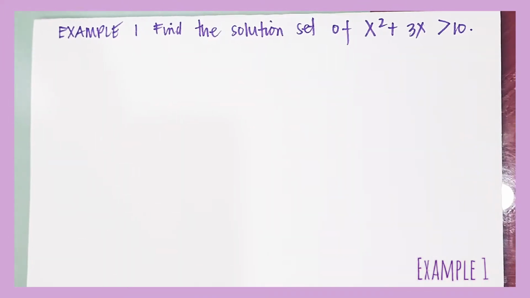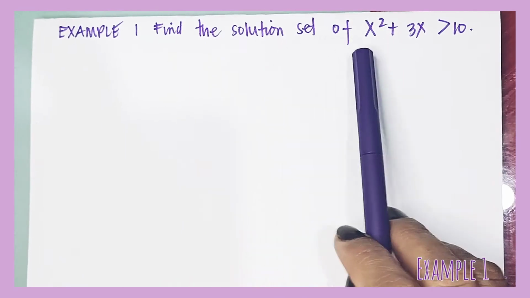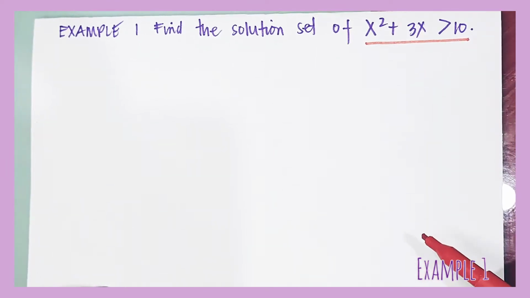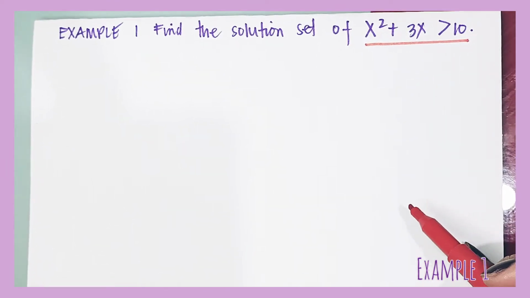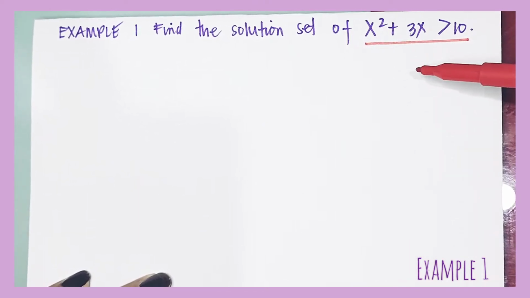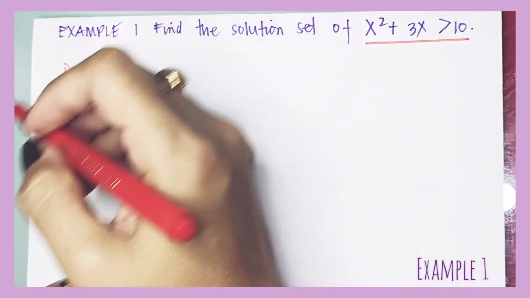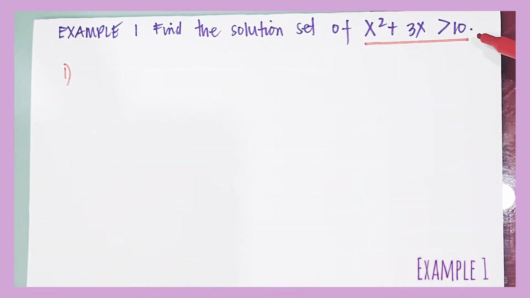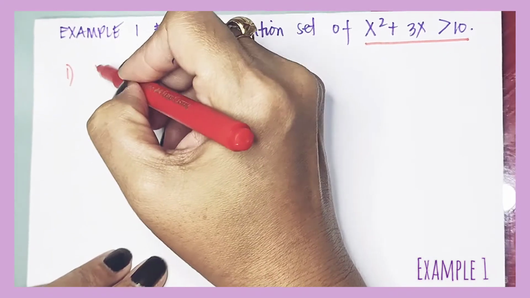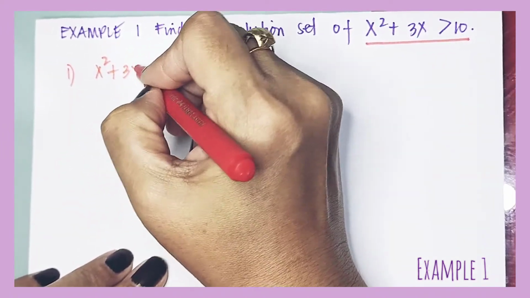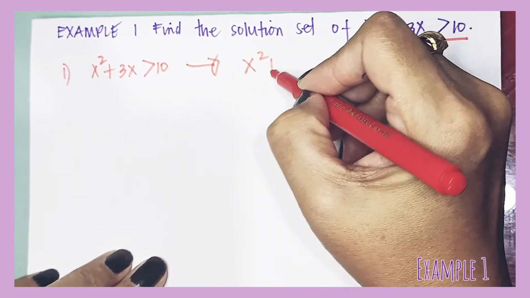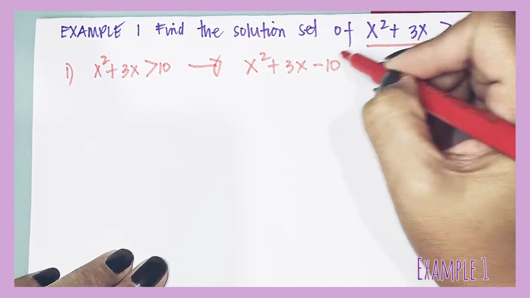Okay, so this is our example number 1. Find the solution set of x squared plus 3x greater than 10. Now, please allow me to discuss this one to you in our own dialect. So, when solving this, simply follow or remember the steps that we read earlier. Step number 1 is we need to write this inequality into standard form. And obviously, it is not yet written in standard form. So, from x squared plus 3x greater than 10, this would become x squared plus 3x minus 10 greater than